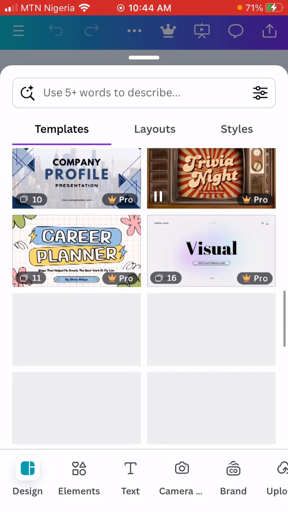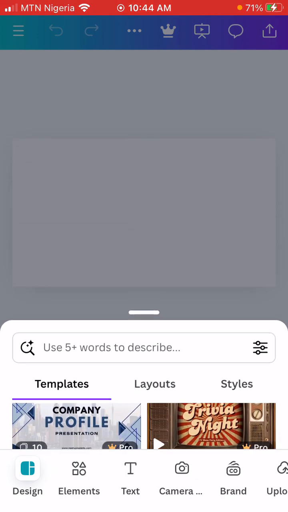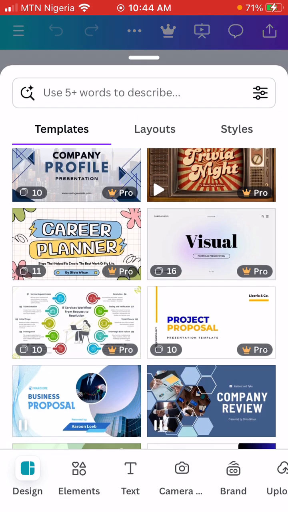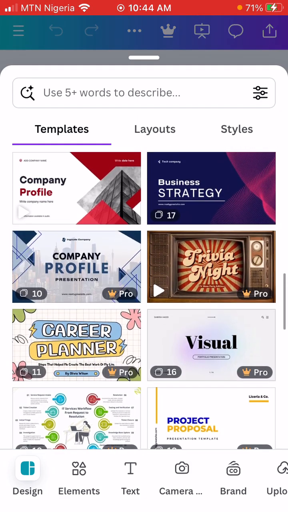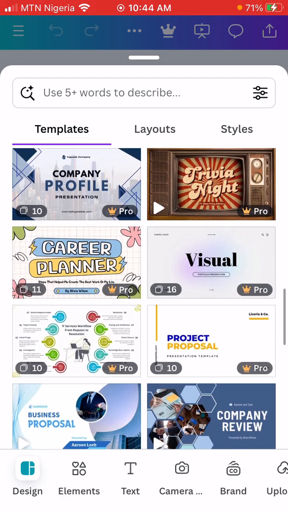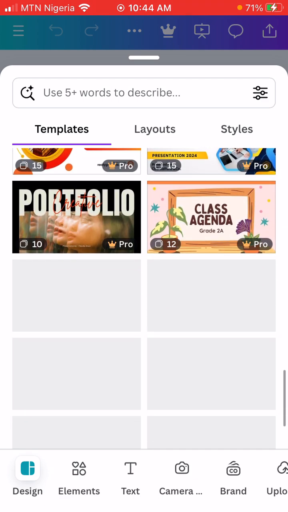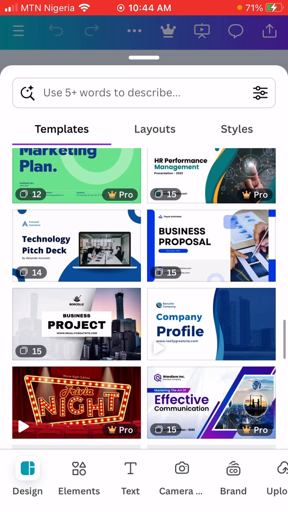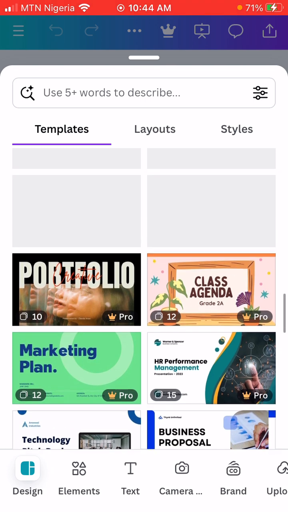So I always love to use a plain one and start doing mine by myself. But that one always takes time. But you can always choose from one of these templates. There are so many templates that fit whatever you want to present. So when you find the one that suits you,